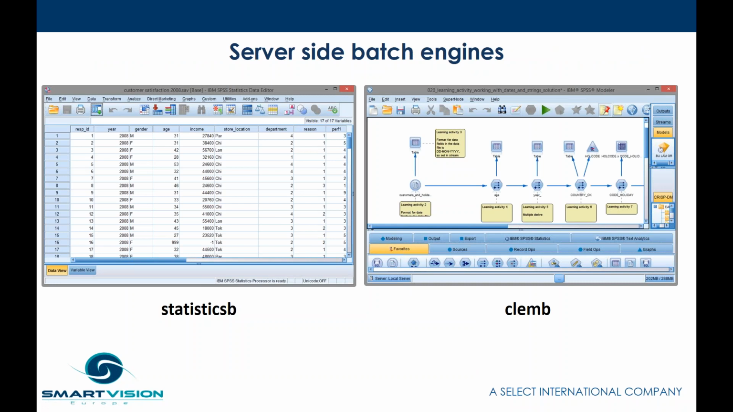And directly linked to that, there are two batch engines. So again, this might sound like a slightly arcane term, but the idea of a batch engine is, as opposed to the normal way in which we work with SPSS, which you might think of as interactive. So we open up either Modeler or Statistics and we interact with the interface. So we open up syntax files and run them, or we use them with dialog boxes and so on. There are two engines. One is called Statistics B, Statistics Batch, for SPSS Statistics, and one called CLEMB or CLEMBatch,